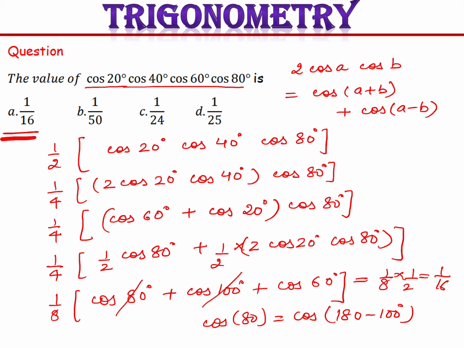I hope this is clear to everyone. So remember this formula: 2 cos A cos B, which is equal to cos (A plus B) plus cos (A minus B). A very commonly asked question in the competitive exams. So next question is,